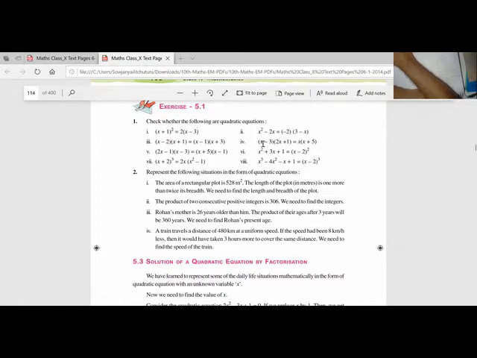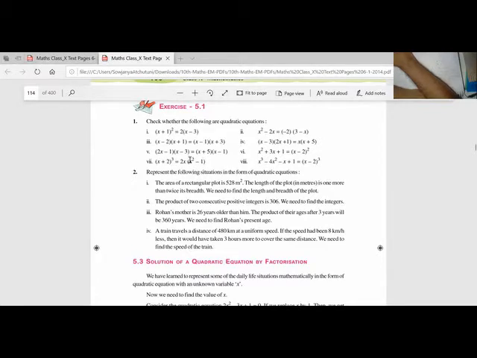You take this one, x into 2x is 2x squared, x into x is x squared. So 2x squared minus x squared becomes x squared. So this is also a quadratic equation. You see this one. x squared, here also x squared. The x squared gets cancelled, so it will be a linear equation. So this is not a quadratic equation. Let us see this one. x cube will get cancelled. Then 4x squared plus 2x squared gives 6x squared. So the x squared remains. So this is a quadratic equation.